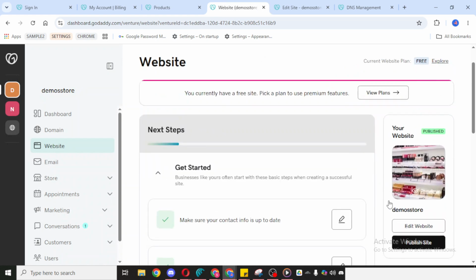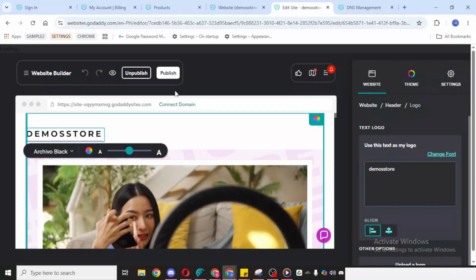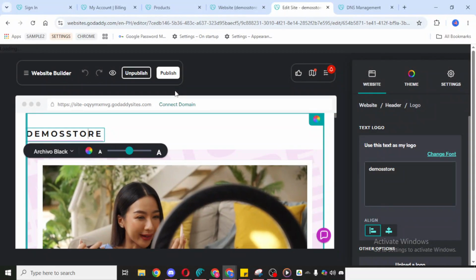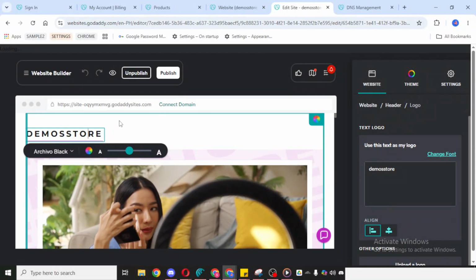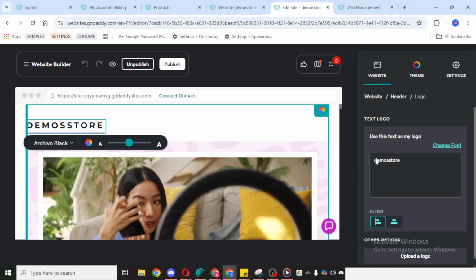This will open the website editor where you can make changes to the design and content of your site. Give it a few seconds to load fully so all the editing tools appear correctly. Now, inside the editor, click on the page area where your current branding appears or where you want the logo to be shown. On the right side, you should see an option to upload. Click that upload option to begin adding your logo.